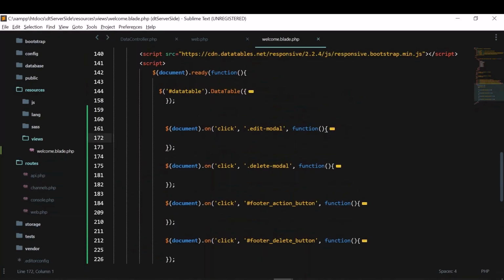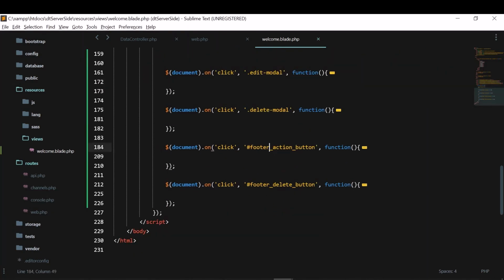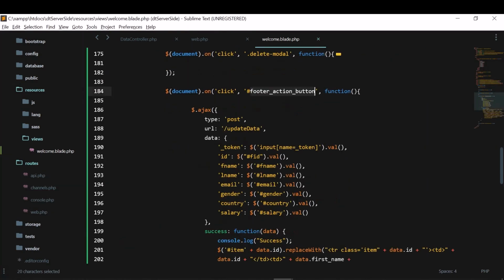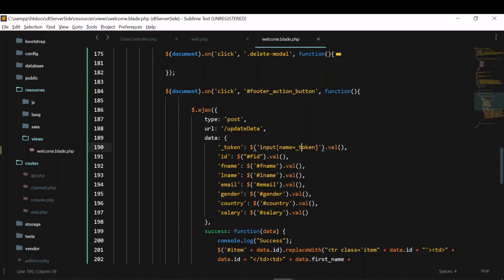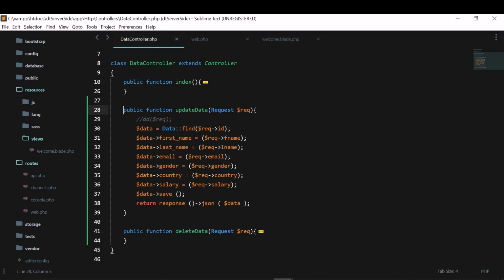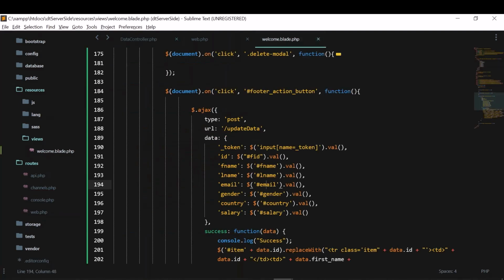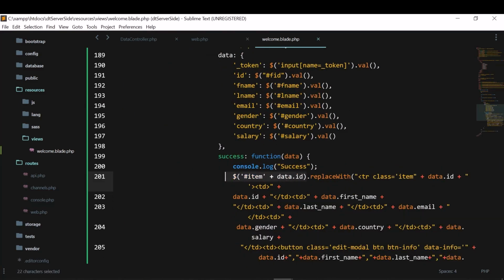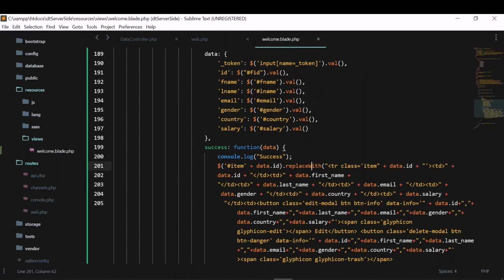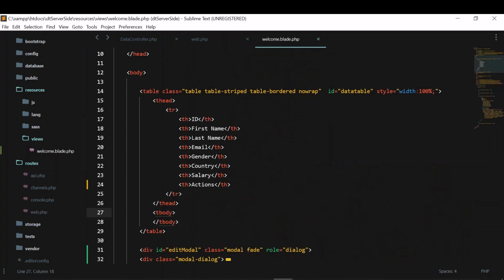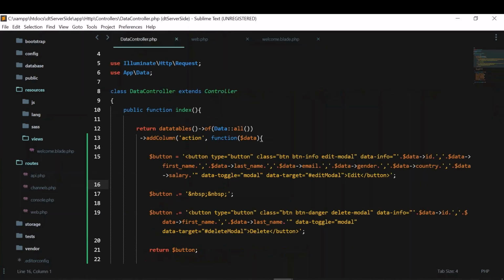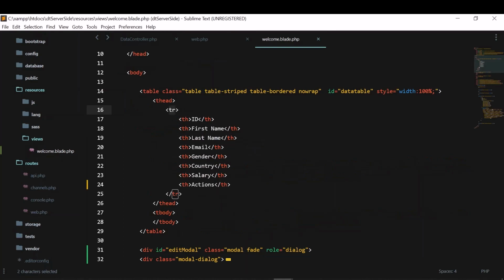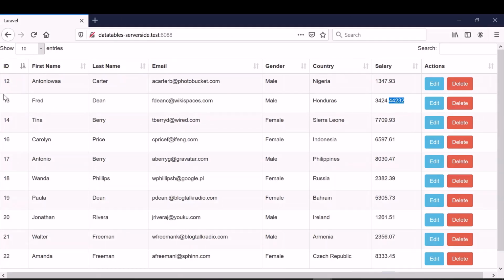So here is the code, and here in the footer action button, I have got this and passed it to this function update data. So we are getting all this data, and in the success function here, for this ID we are replacing the HTML, but we don't have this ID here. This ID is for a particular row. We cannot give IDs here. This is for individual buttons, but we need an ID for a particular row like this, so that we can replace the data with the updated data. Row means completely this. All this row must have an ID so that we can replace.